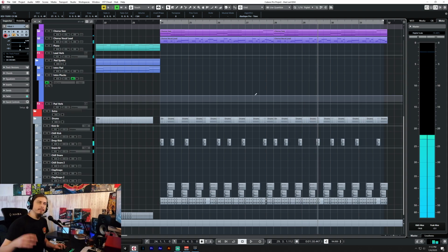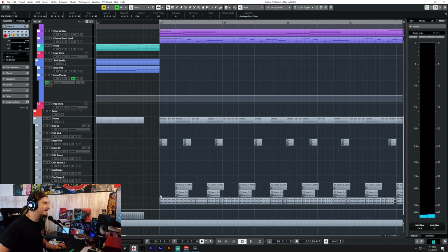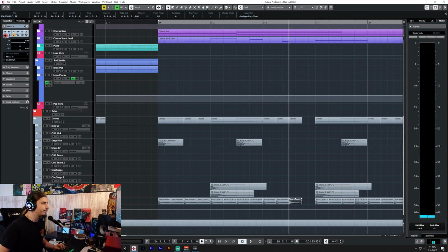Yeah. So there's a problem with the hi-hat. I'm trying to blend two samples. I'm trying to use a different sample for the quick parts and a different sample for the normal 16ths, but that's not meshing properly. That's not working out properly. So what I'm going to do is just take the normal 16th sample that we use and just do it with that because it's not doing what I wanted. Unfortunately, I thought it would give it a more trappy feeling, but that's not actually what it's doing. So I'm gonna turn these down so it's like...